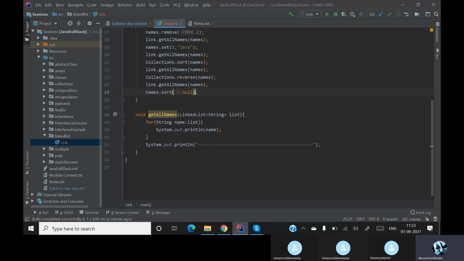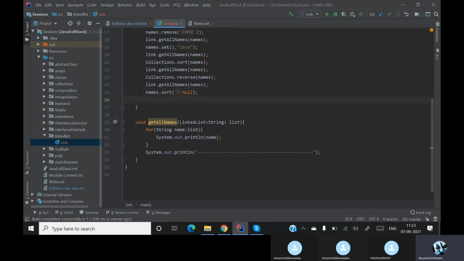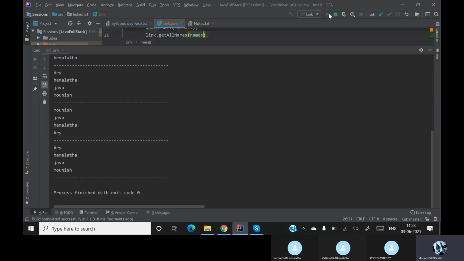After null, I want to sort it. I want to print it. Dot get all names. If you see over here, now with the help of our names also, we are sorting our complete linked list.